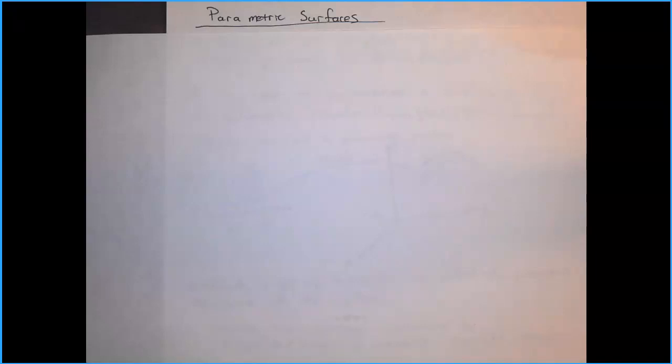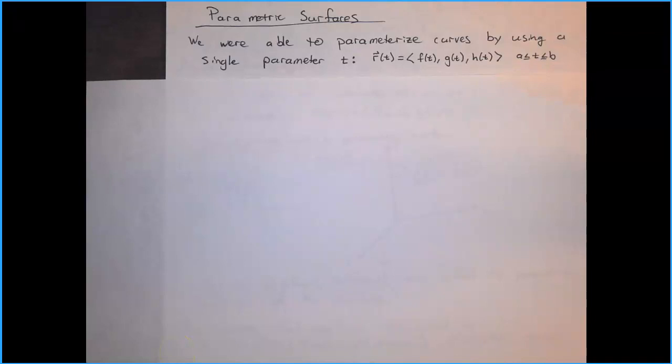Welcome back, everybody. We're going to continue our discussion of surfaces and surface area, and now it's time to talk about parametric surfaces. So way back in chapter 13 we talked about parametric curves, and we were able to parameterize curves using a single parameter t because curves are one-dimensional, so we just need one parameter to map out that